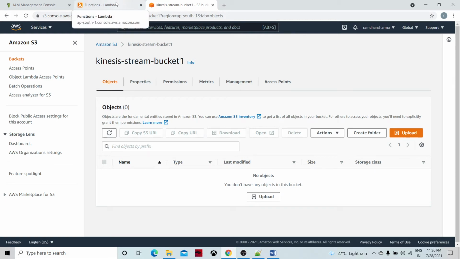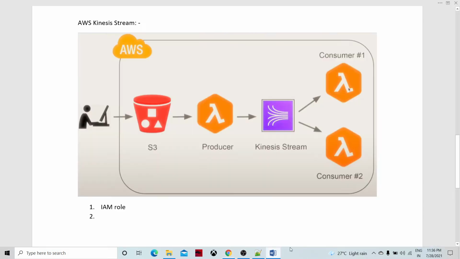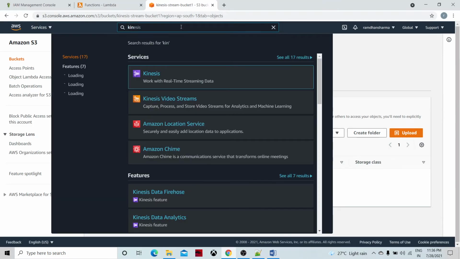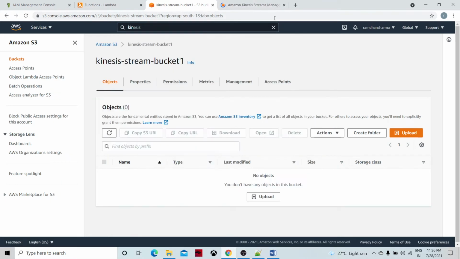So where we are now is we have created these functions, and everything is there. Now we are going to create the streams. Let's search for Kinesis in AWS and open a new window.